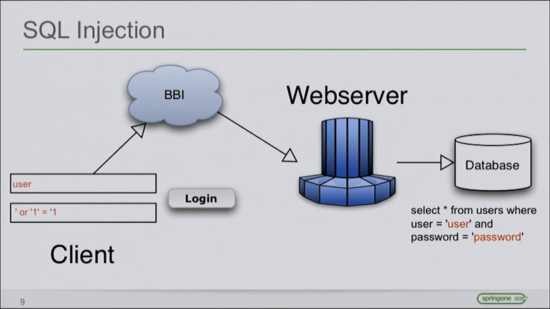So we don't know the password. Instead, we submit something like this one, where we say, well, I don't have the password. I say, or 1 is 1. What happens now is that I change the SQL statement on the server, and I change it to user where user equals user and password equals whatever. It doesn't matter what you write there, because you say or 1 is 1. 1 is 1 is typically always true, depending on the database, which means you don't need to know the password, and you're always logged in, right? So how can you solve that? Any ideas?